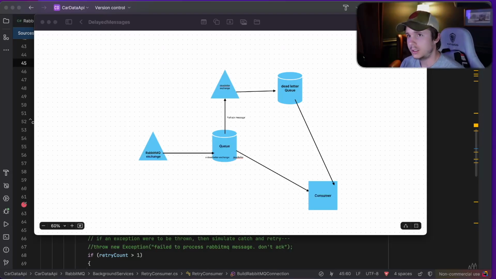And if you watched a previous video, I showed you how to implement dead letter queues and exchanges inside of RabbitMQ. So we followed generally this diagram here. So basically the queue, upon failure to acknowledge the message as part of the consumer, is going to be routed to the dead letter exchange and then routed to the dead letter queue. So let's go and handle that. And let's pull open